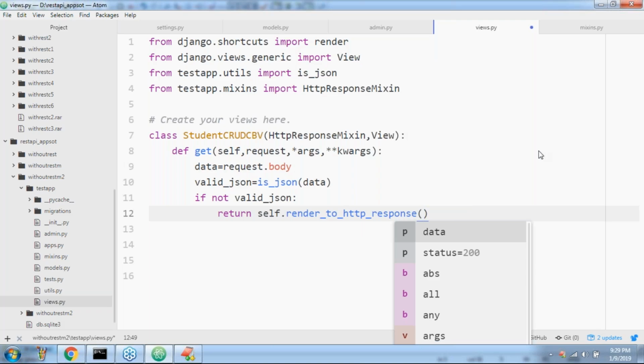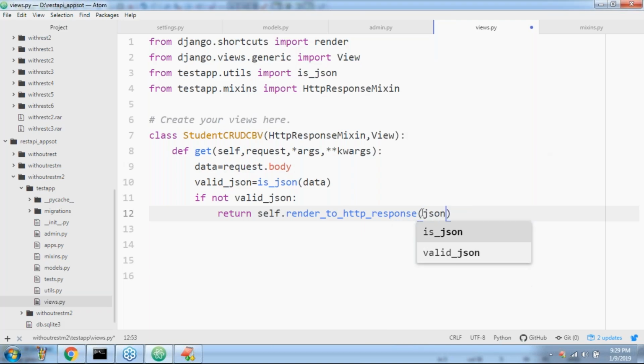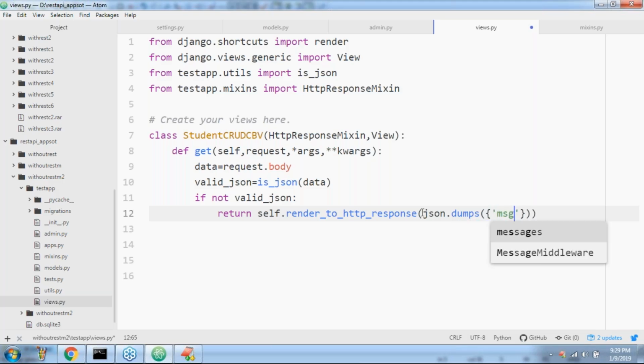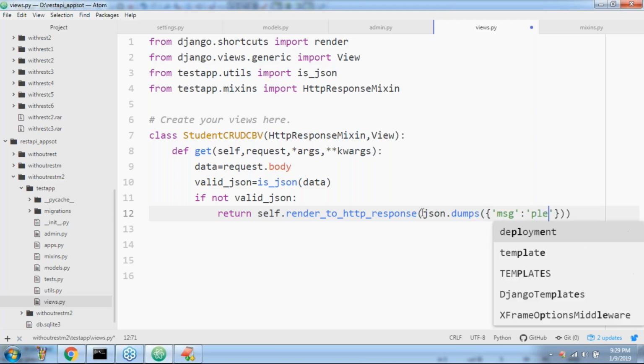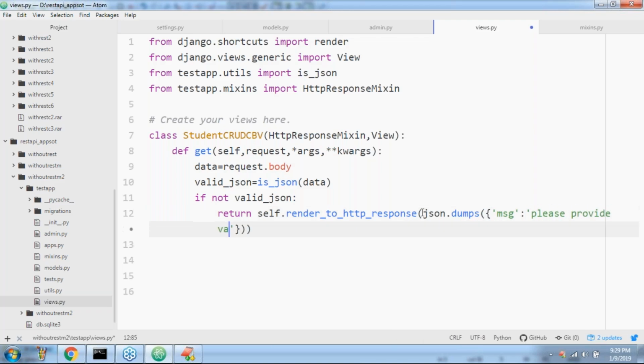Very simple: json.dumps. If you provide a Python dictionary message, it provides valid JSON data only. This whole thing is converting a Python dictionary into JSON. Comma, status equals 400.